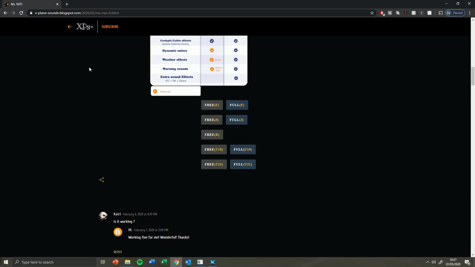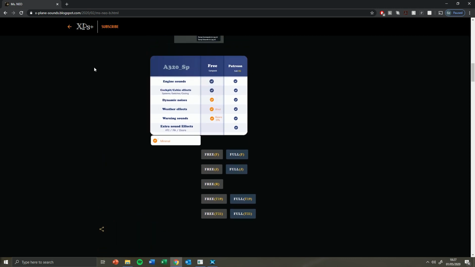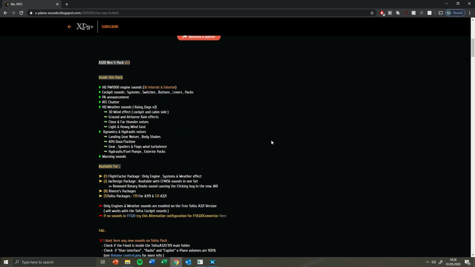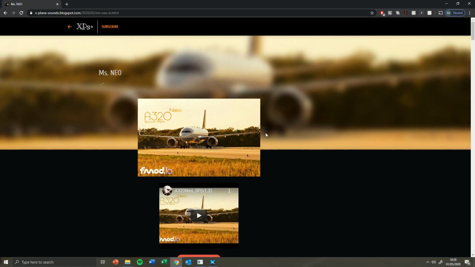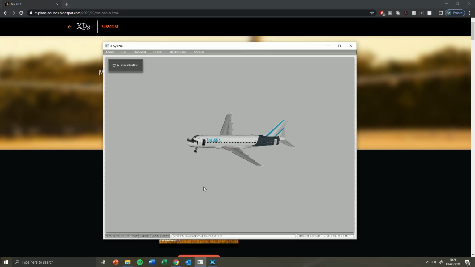So this is not a disadvantage if you only get the free version. It's just a further improvement if you get the full version. So I strongly recommend that you install this. I suppose the last thing you can do is go into PlaneMaker and open up the ACF.acf file